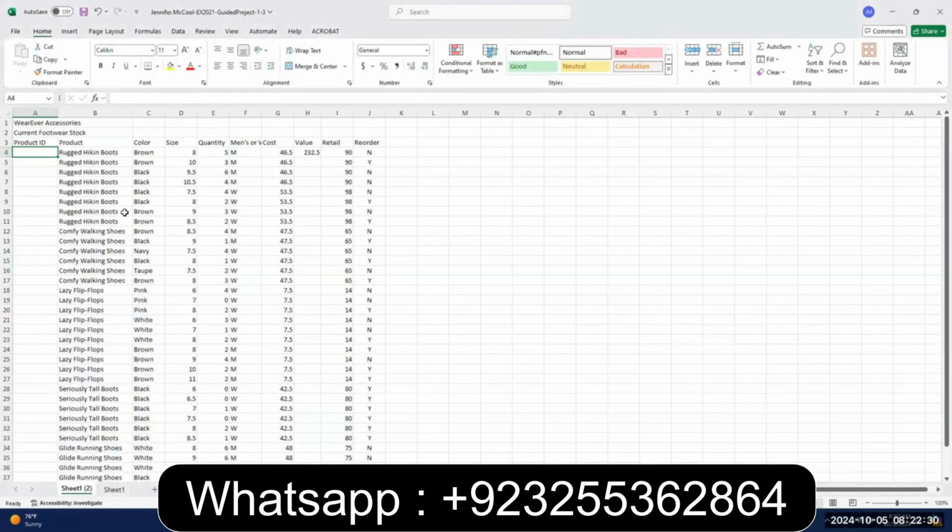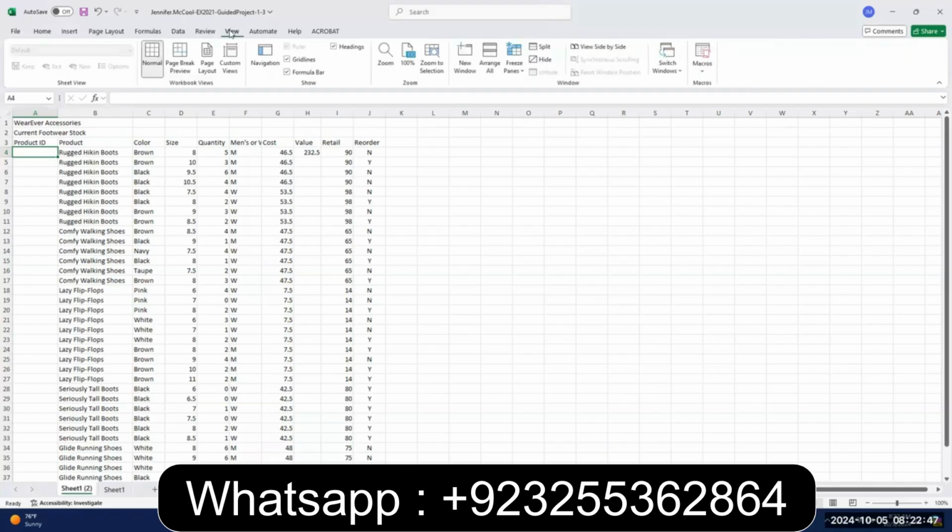Now because you did that, it switches to your start file, the guided project. You have two sheets now. You have a sheet with a little 2 next to it and a sheet 1, and we'll fix that later. Now they want us to go back to the other workbook, so we're going to click View, and we're going to go to Switch Windows, and we're going to click Wherever,